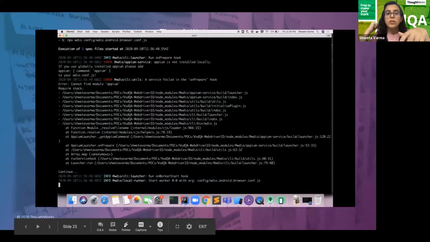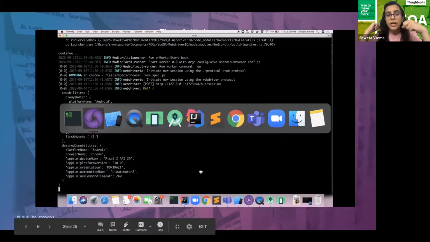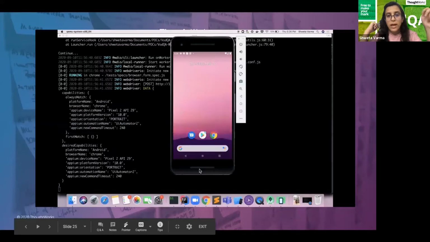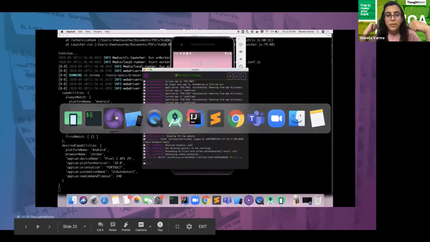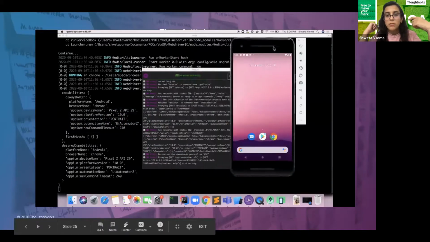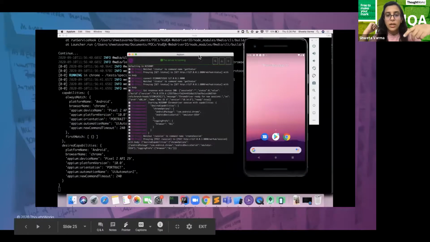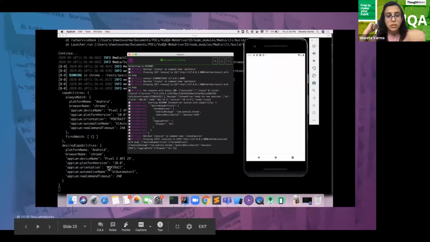Now let's take a look at the virtual Android device execution as well. Again, this is for Android browser. So I have the emulator up and running, and the Appium server, which shows me the log and the capabilities it has been using. Again, the same thing applies here as well.